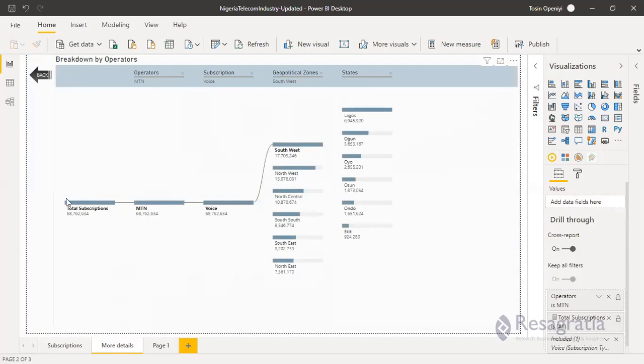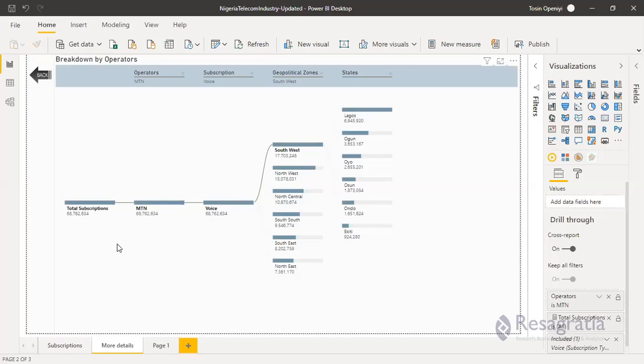Because we've already applied a default, we defaulted it to voice, every other analysis we are trying to do for the drill through is also defaulted to voice.